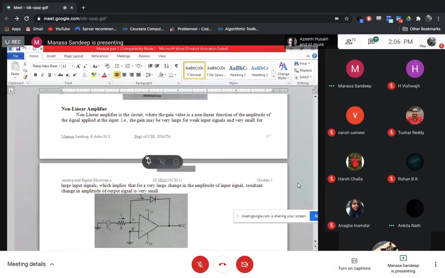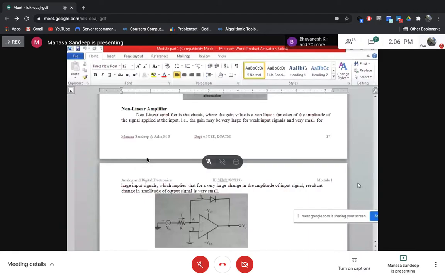Yeah. So in the last class, we discussed the active filters. In that, we have already seen the working of all four types of filter. So which are those four filters? Low pass, high pass, band pass, as well as band reject filter. Correct. So we have seen the working and we have also seen the mathematical analysis part of that one. Okay, so now, after seeing all those things, we are moving to the next application of the op-amp.